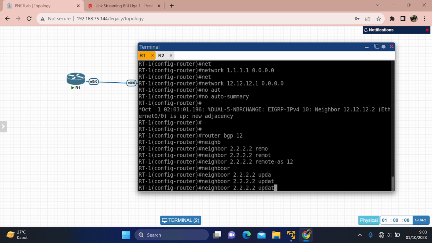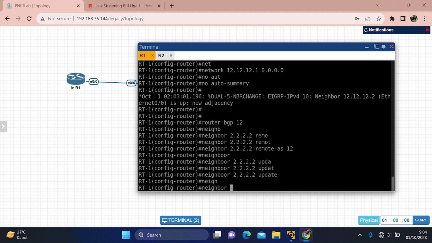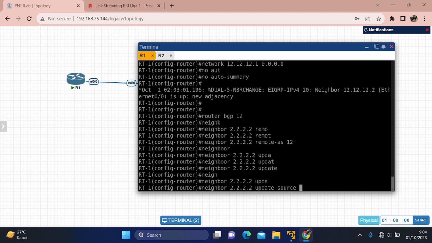Don't forget the update source. Neighbor 2.2.2.2 update source interface loopback 0.